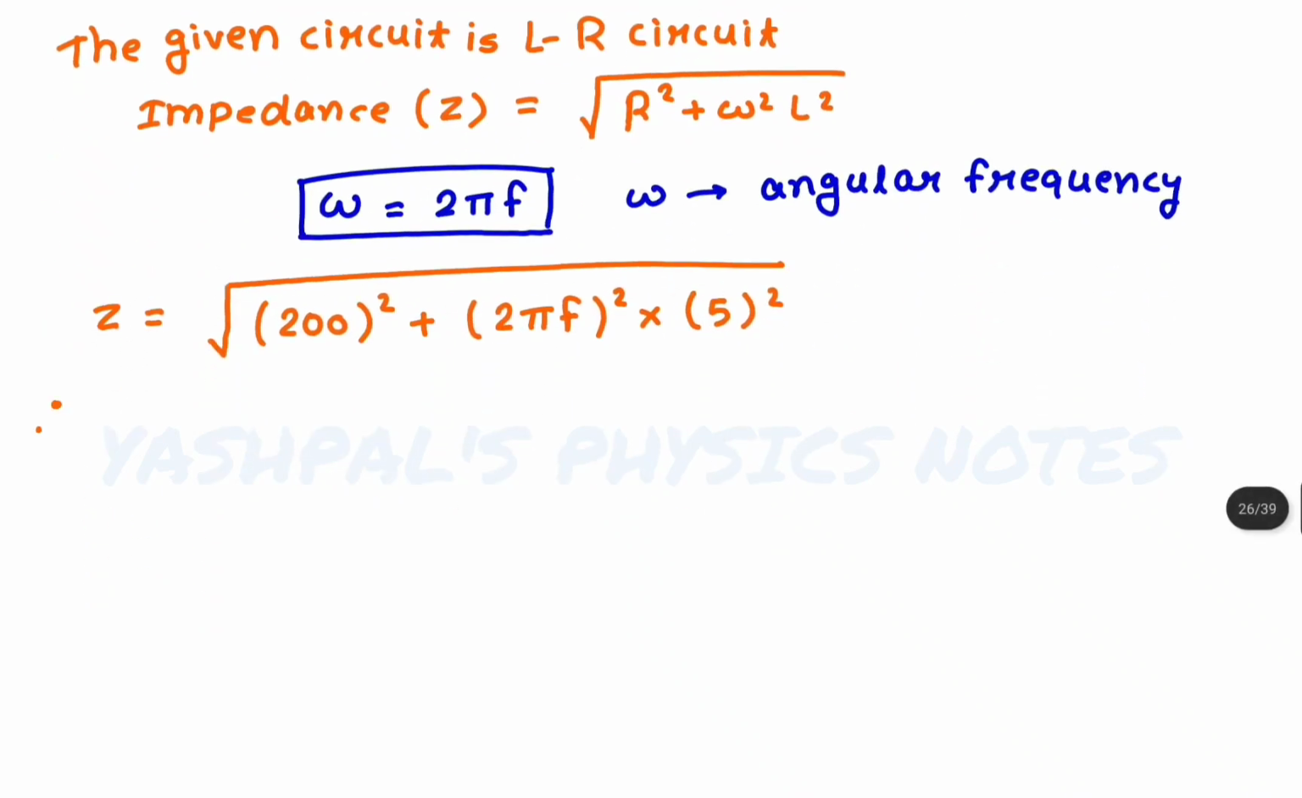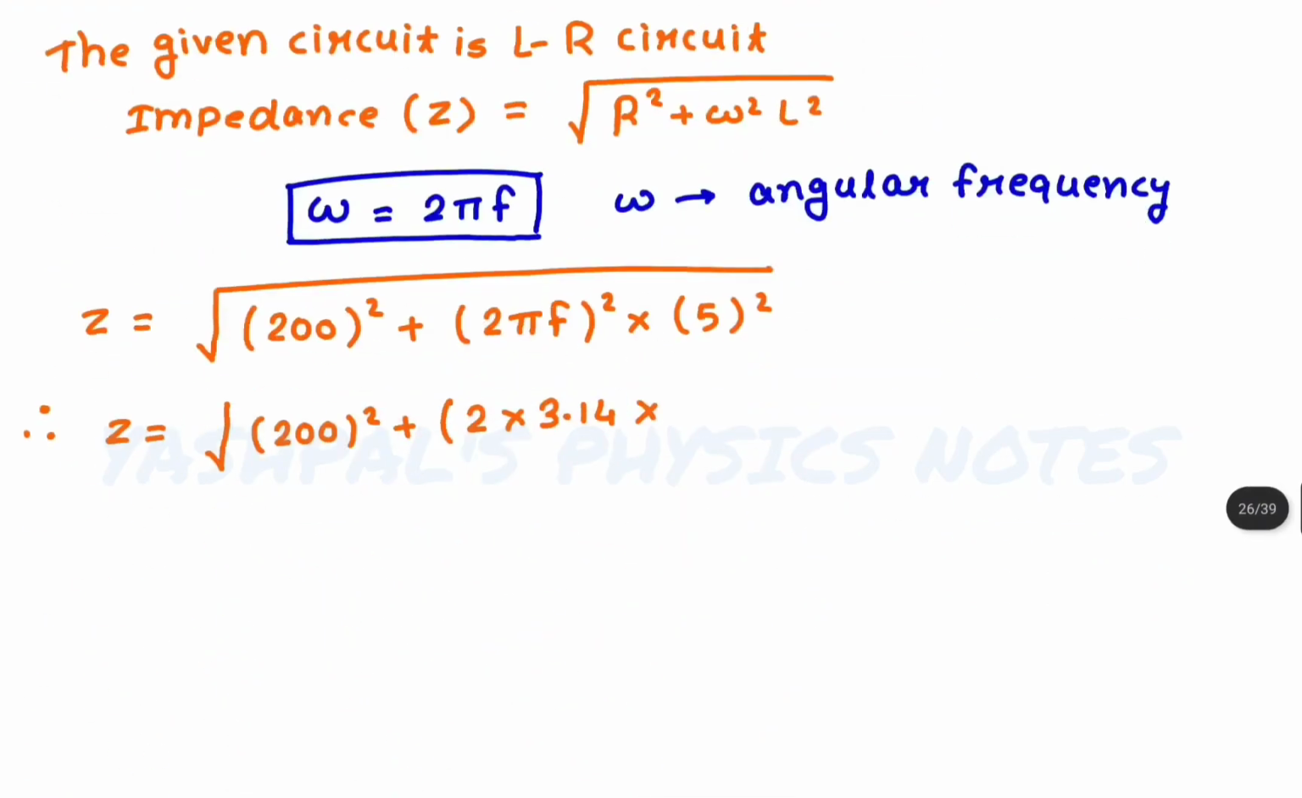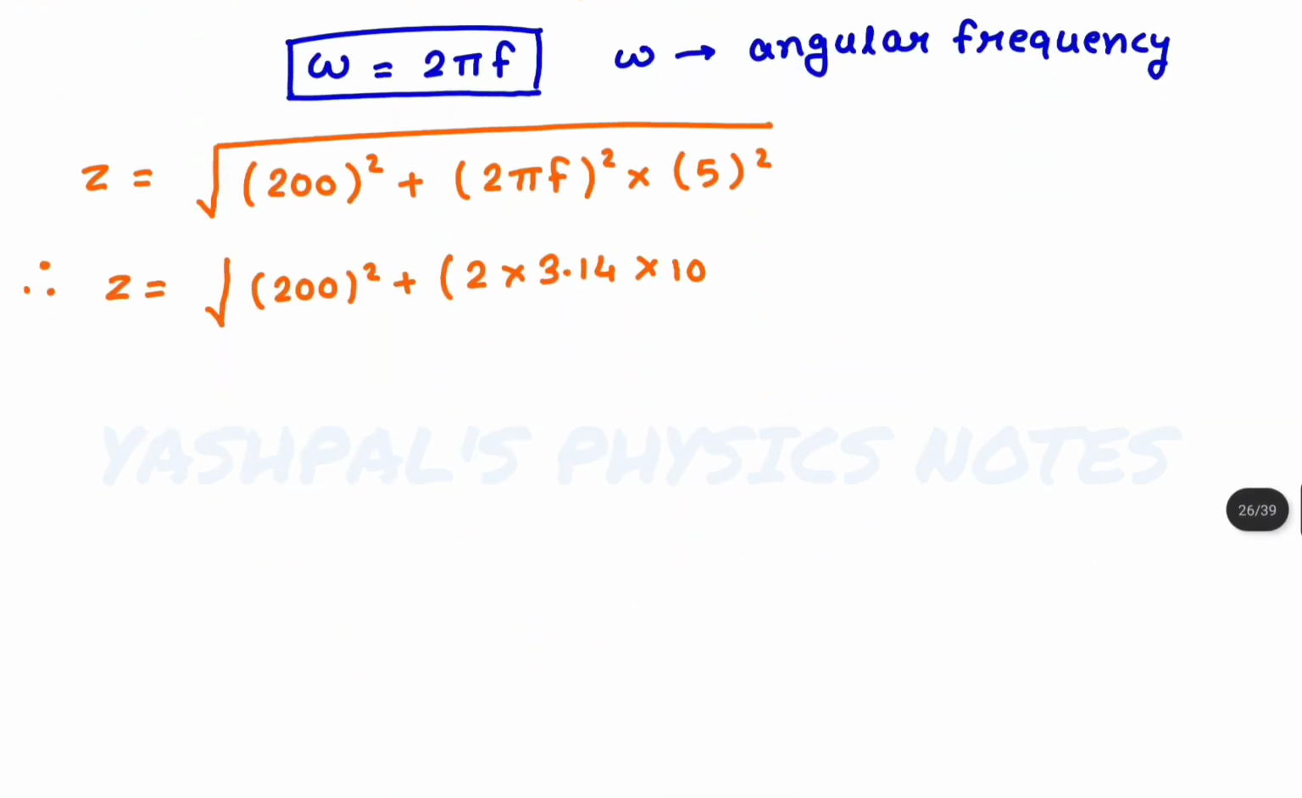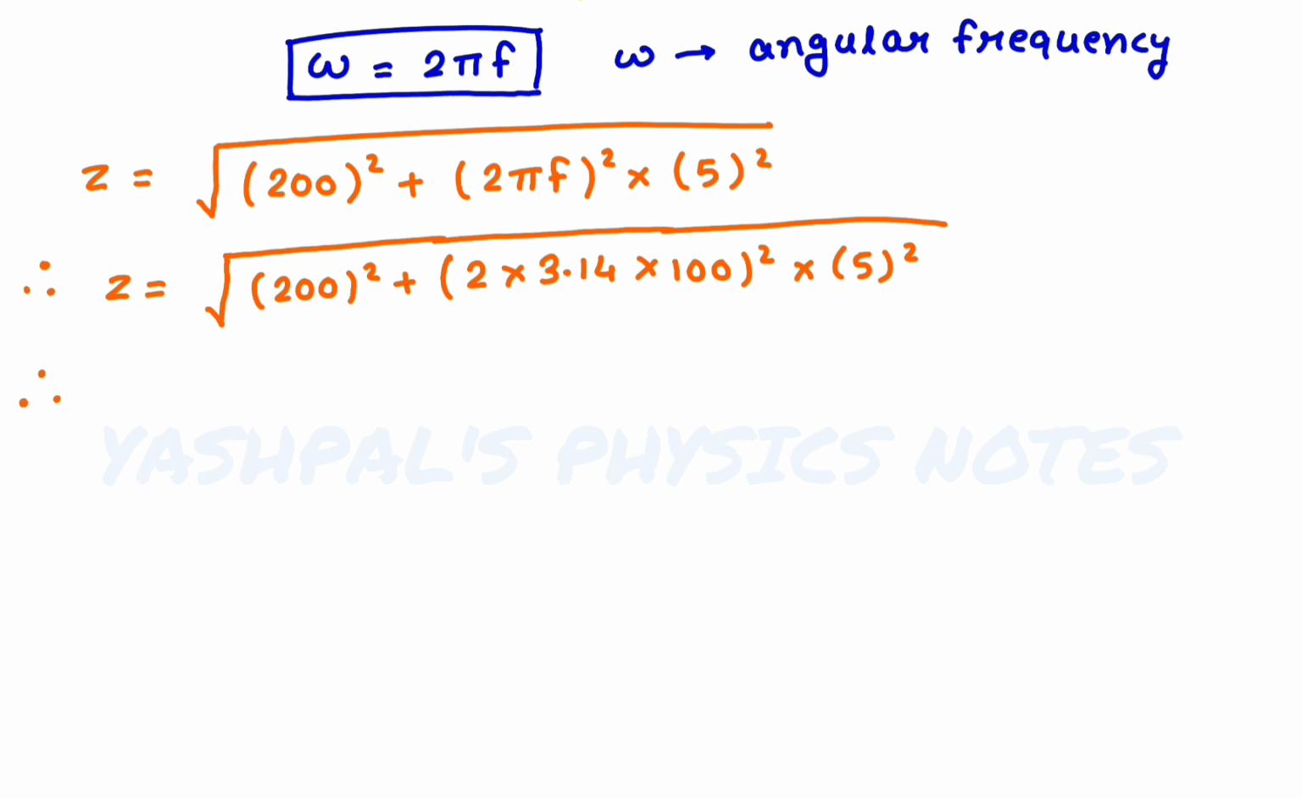Therefore Z is equal to under root 200 square plus 2. Now here, you can substitute the value of pi, that is 3.14, and the value of f is given as 100 Hz. So here I can write into 100 whole square into 5 square. This is whole under root. Now after doing calculations on your scientific calculator, you will get the value Z is equal to